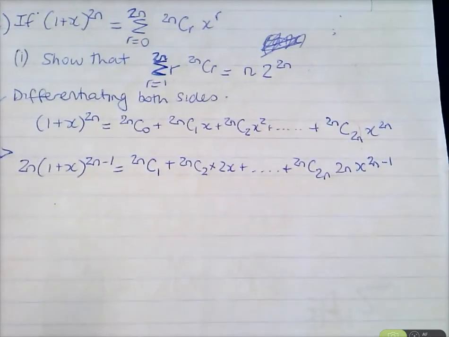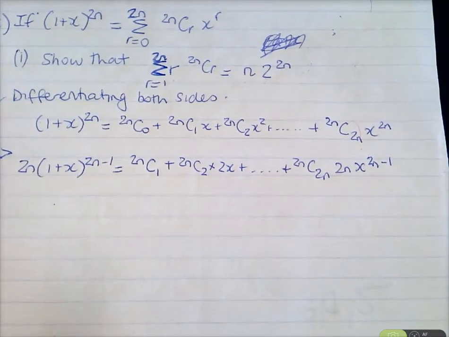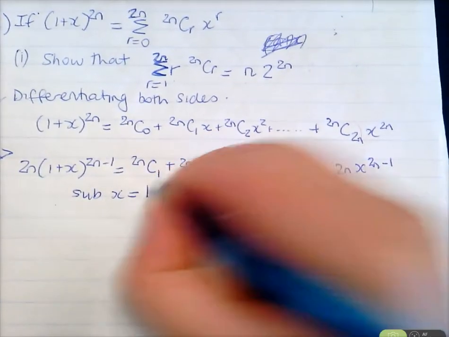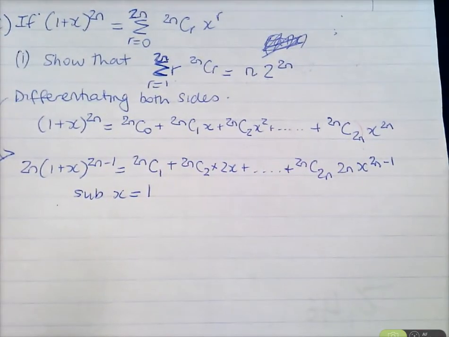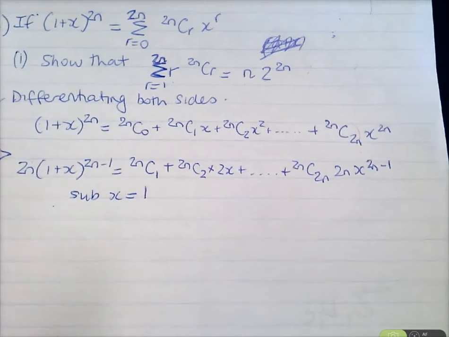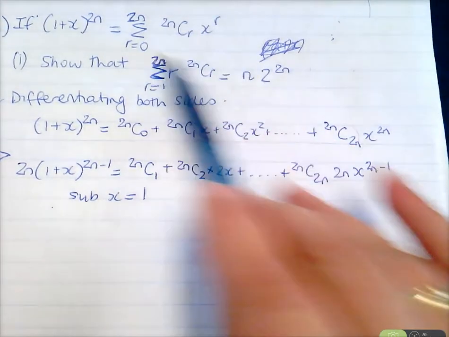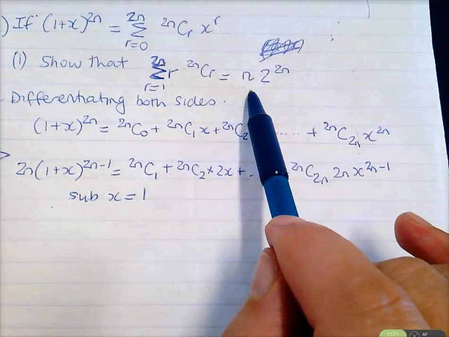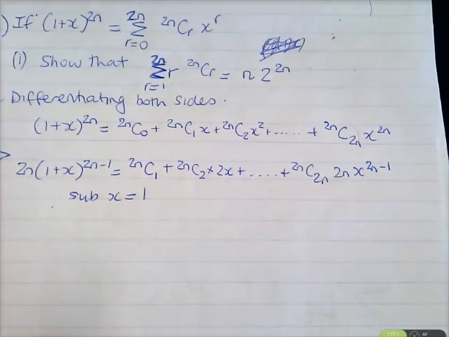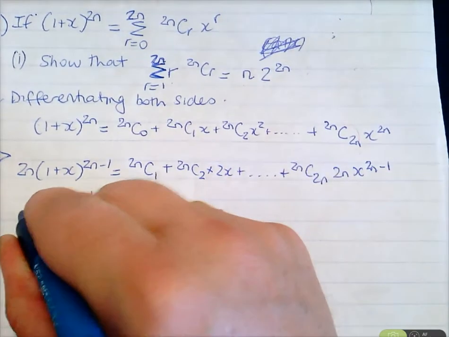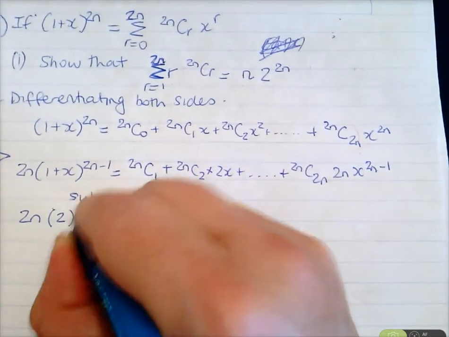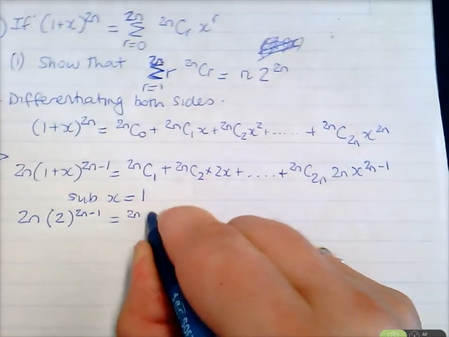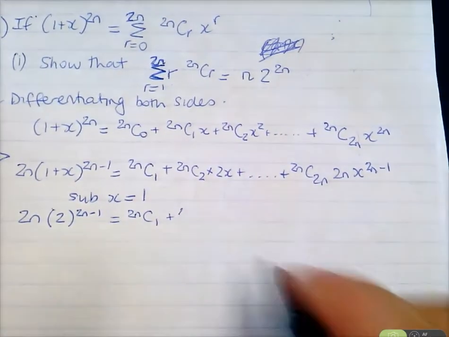Now, I need to substitute x is 1. Don't worry about where we're at. I mean, we're trying to get this result up here. We're a little bit away, but not too far away. Okay, we're going to get there. Substitute x is 1, we get 2n times 2 to the 2n minus 1 equals 2nC1 plus, if x is